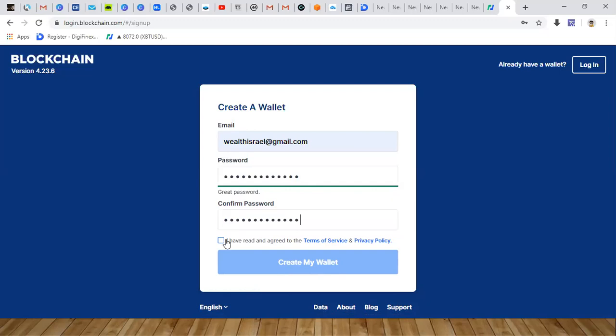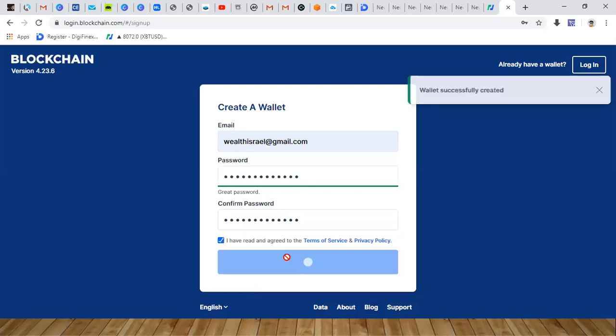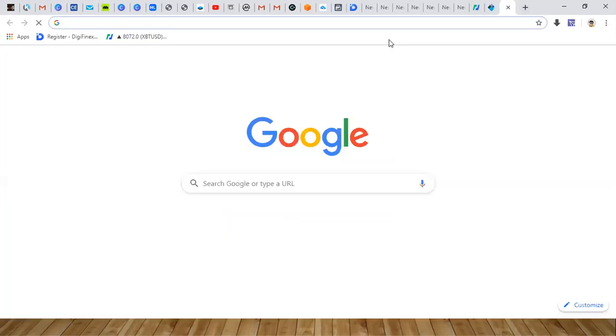So every cryptocurrency wallet which you want to open is just this format. The first thing they will ask you is your email and the password. Very straight. Click on create my wallet. The next thing, you will get an email. Wallet successfully created. You can see, as simple as that. There's no two way about it. It's not hard. Or if it's Luno,